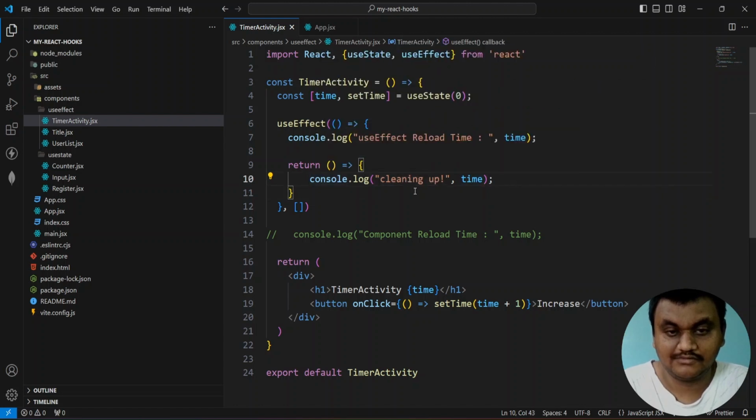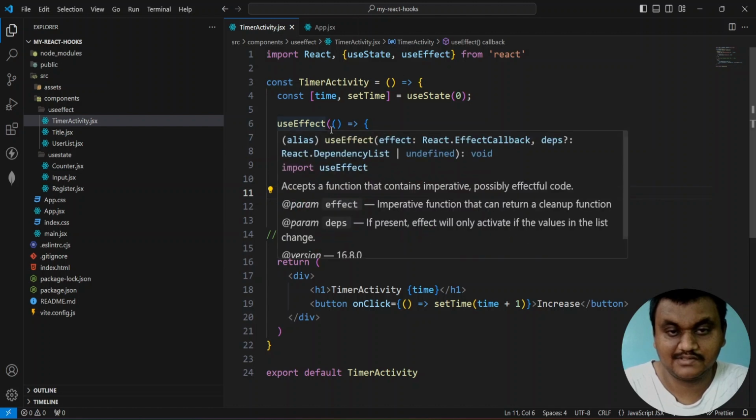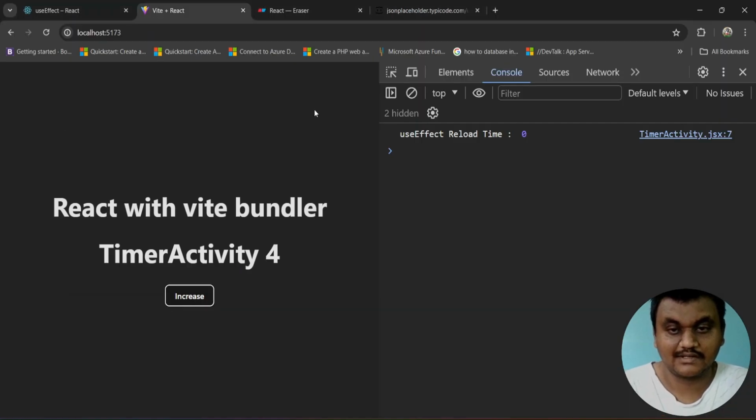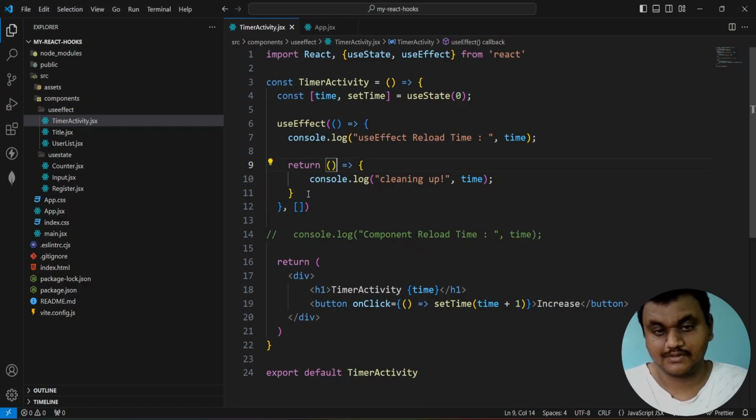Because with an empty dependency array, it will execute only one time. That's why it is not going to execute this one next time. The useEffect will not be executed again because I have mentioned an empty dependency array. Then it is going to execute the cleanup